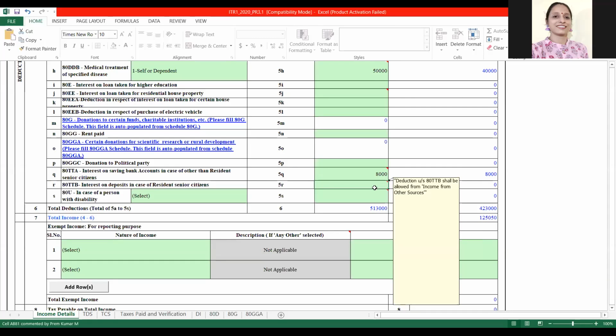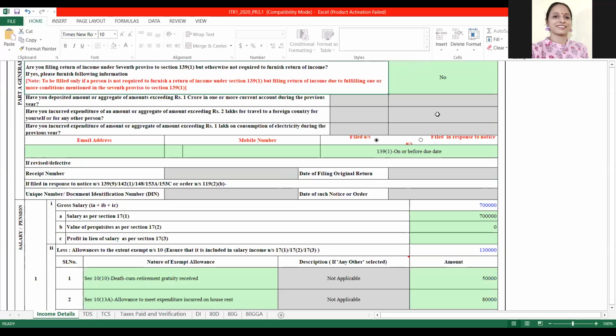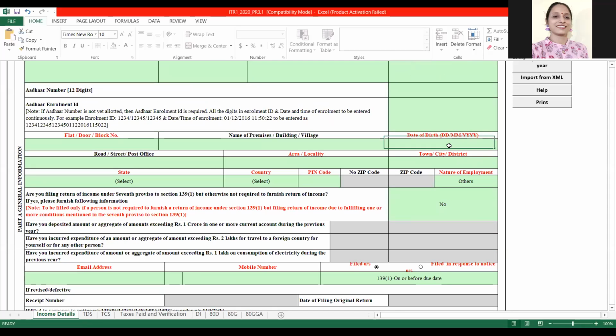So say for example, I am putting 23,000. Still it is taking 8,000 only because the amount of interest which I have shown is 8,000 only. When you fill the form and write the date of birth over here, in this form we have not put all this data, and because of which the form took the amount, otherwise it would not take that amount. Here, once I put my date of birth, I will put my year.